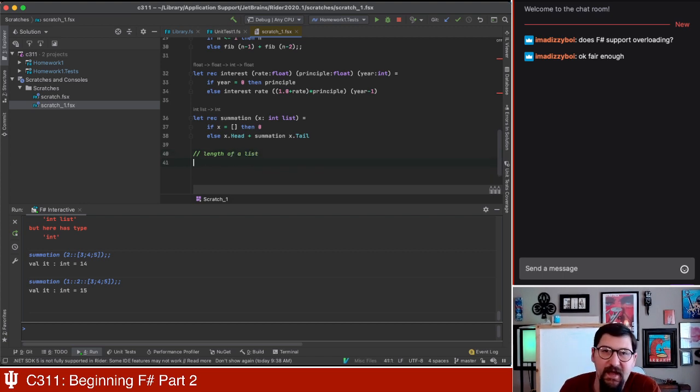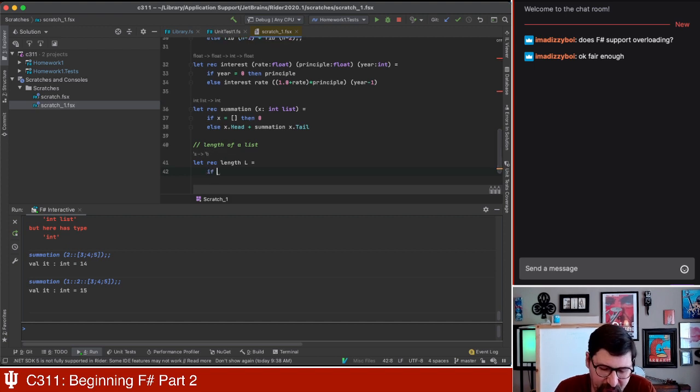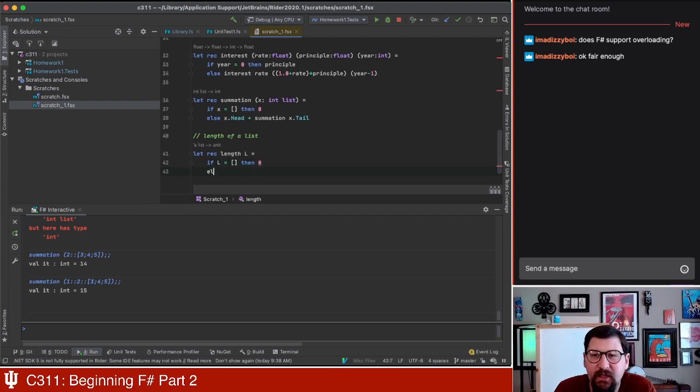Right? So if I want the length of a list, it's actually basically the same function as summation, isn't it? If you think about that for a second, you'll think it's true, I hope. So if we're at the end of the list, if the list is empty, well, the length of an empty list is 0, isn't it? I can tell you that. Otherwise,